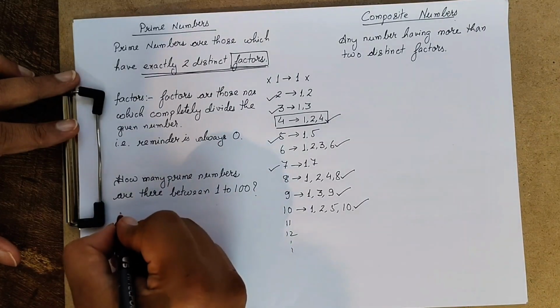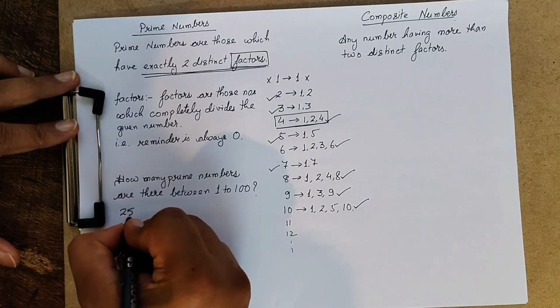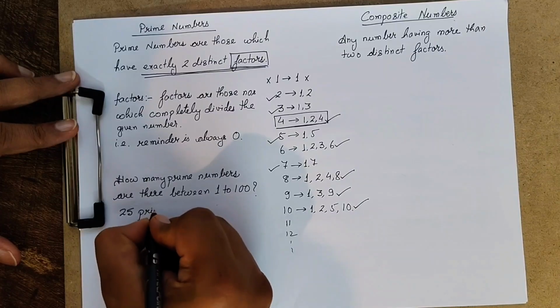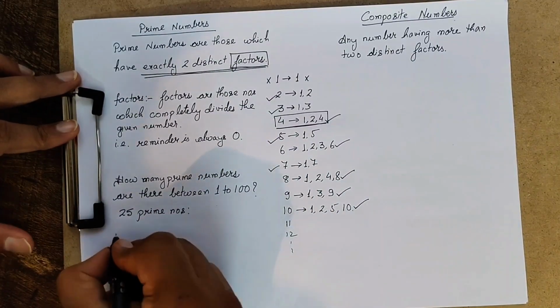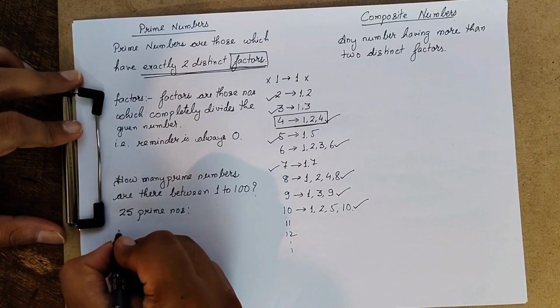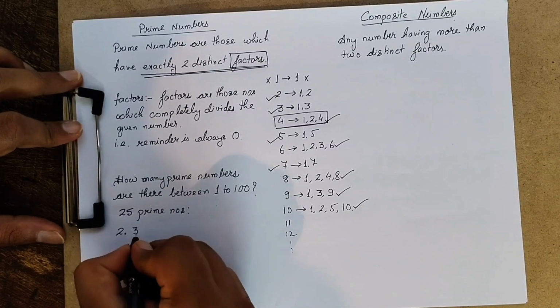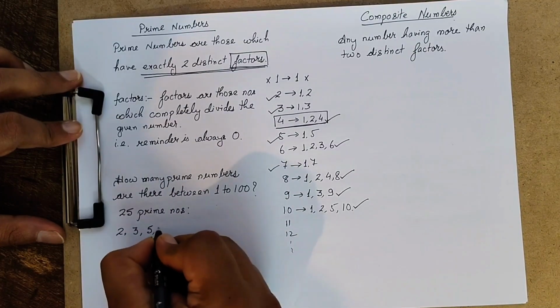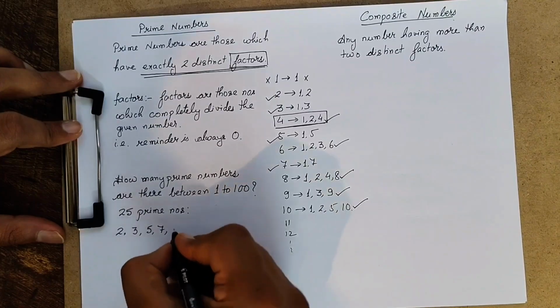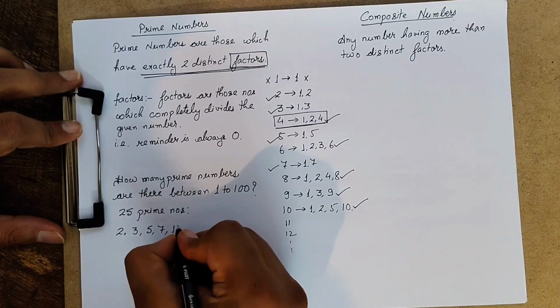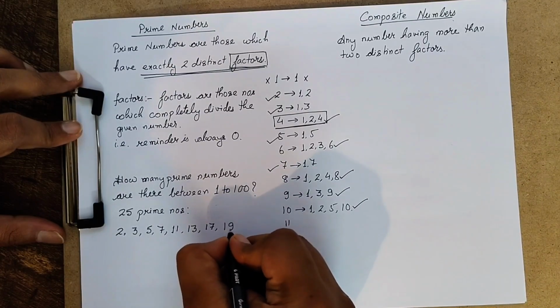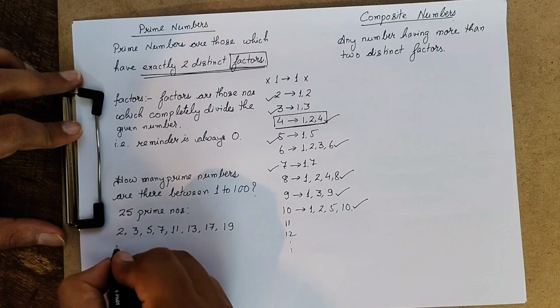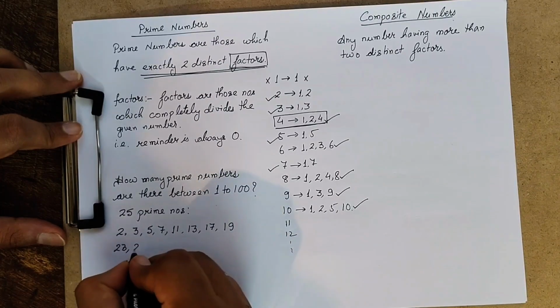So let me tell you, there are exactly 25 prime numbers between 1 to 100, and they are 2, 3, 5, 7, 11, 13, 17, 19, 23, 29,